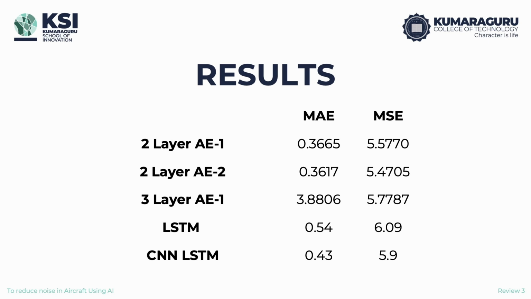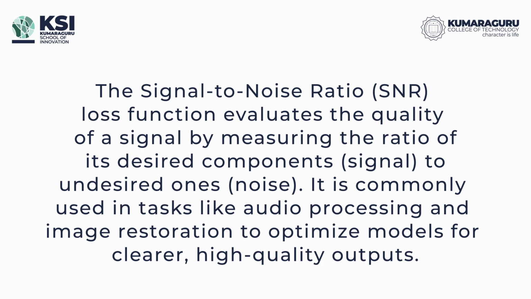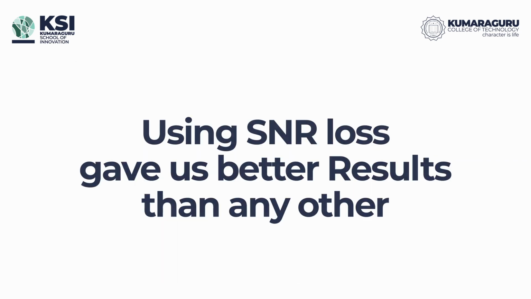This is how it is run. We used SNR loss as the loss function for these convolution-based autoencoders. SNR, abbreviated from signal to noise ratio, is a custom loss function that we wrote on our own. Though MSE and MAE can be used for autoencoders, for this particular denoising task signal to noise ratio is a better loss function, which we found from research papers. So we thought using signal to noise ratio for updating the weights would be better, and it seemed to be working better.